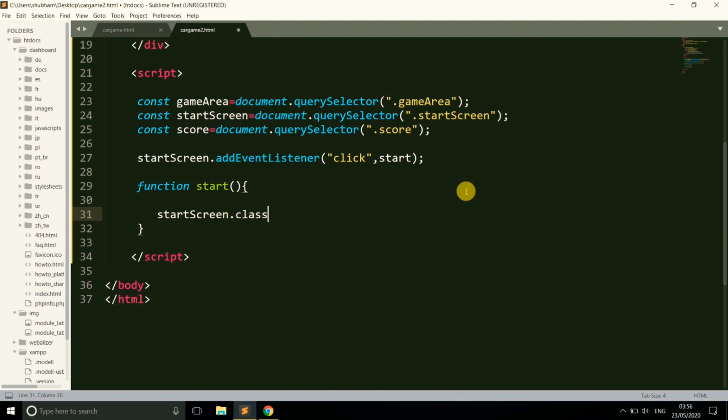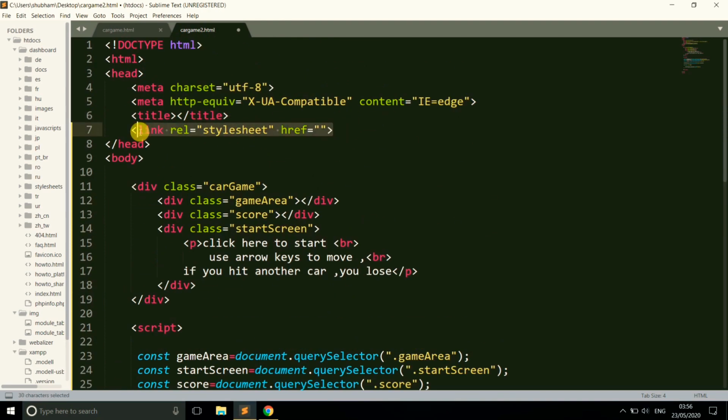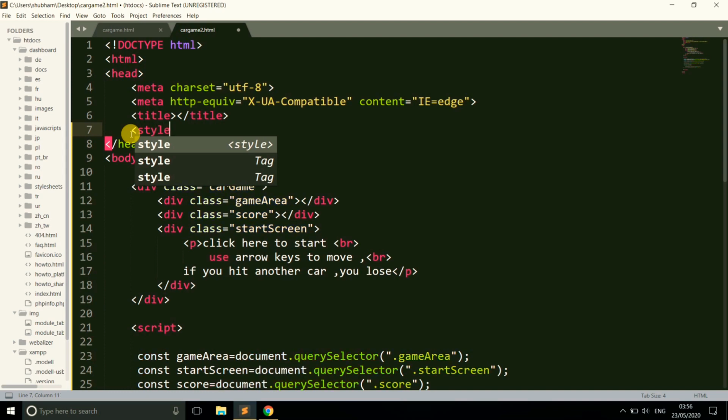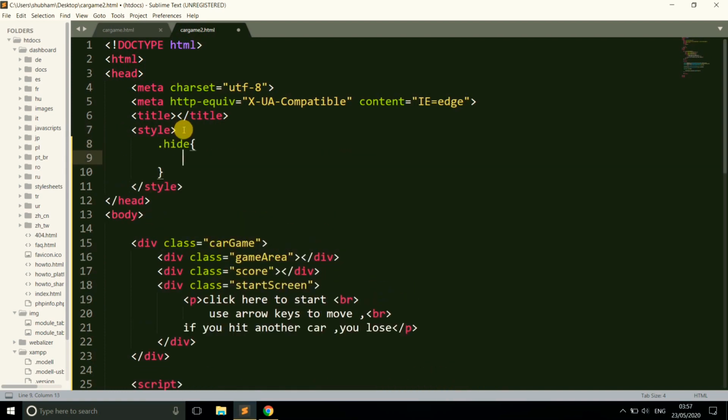Here we write start screen dot class list dot add hide. So we add another class to the start screen, which is hide. Now give the style to the hide: dot hide, open the braces, and write display none.